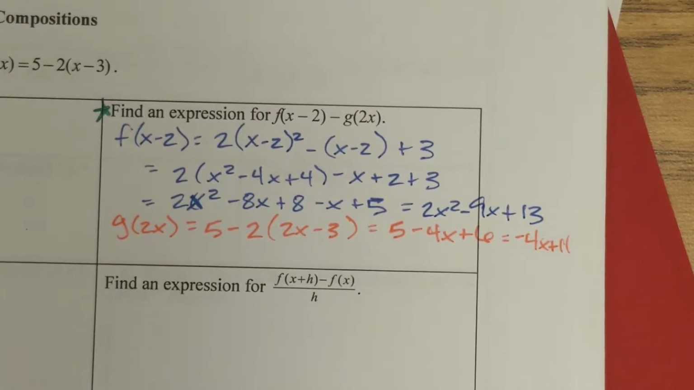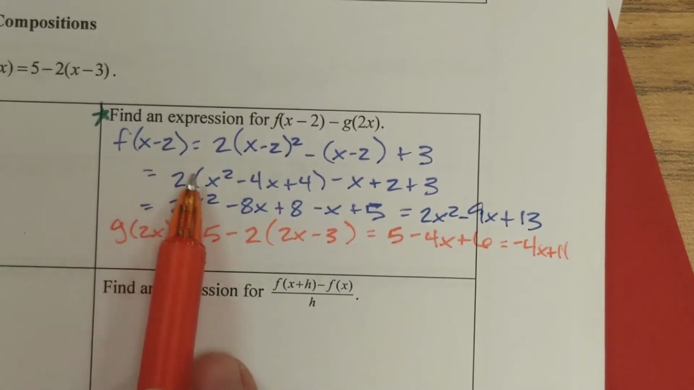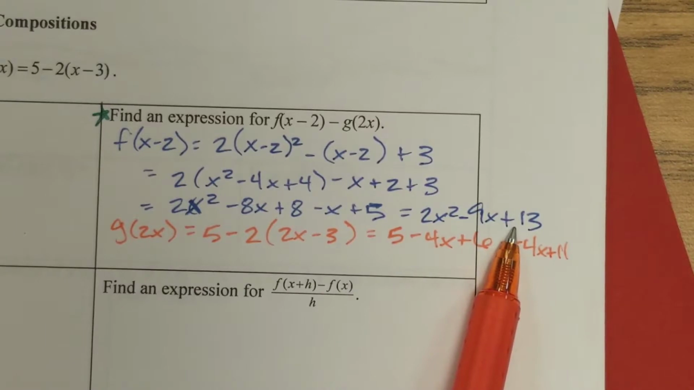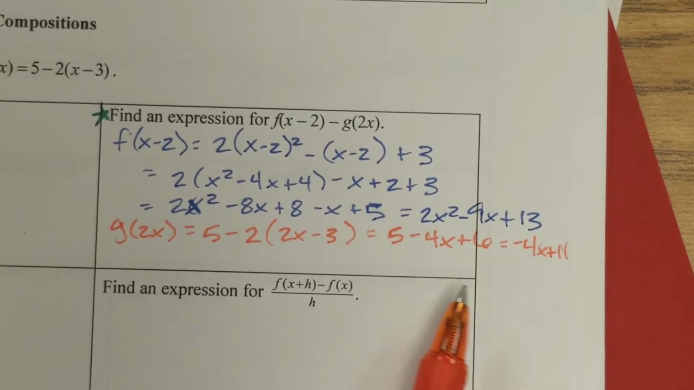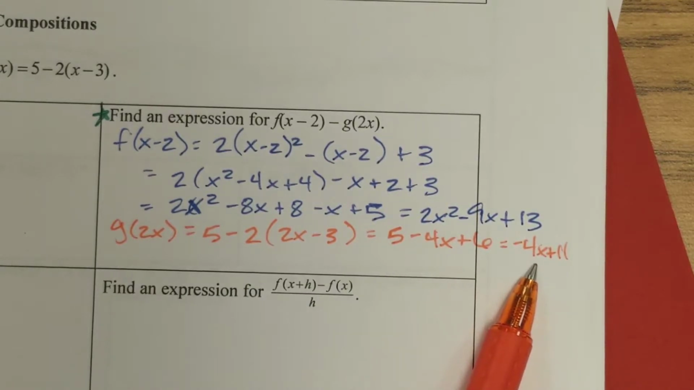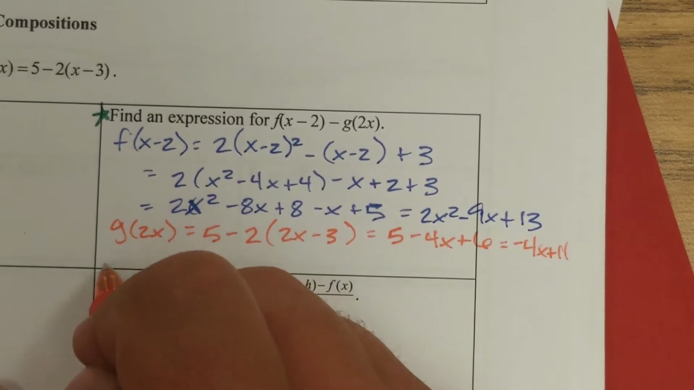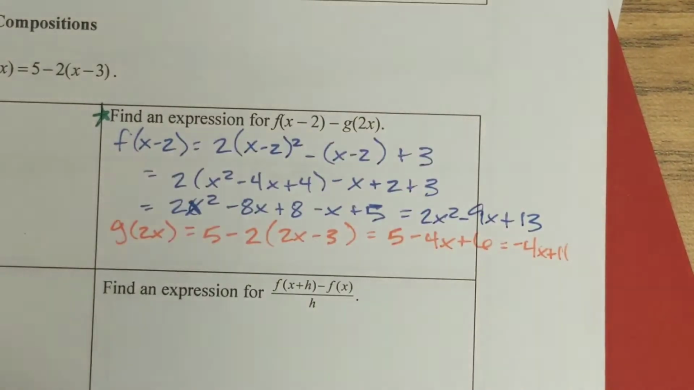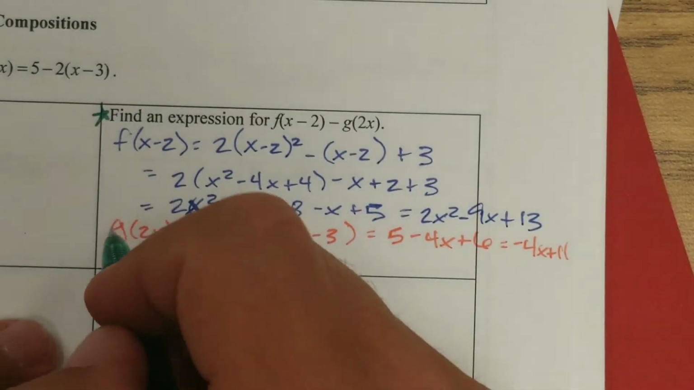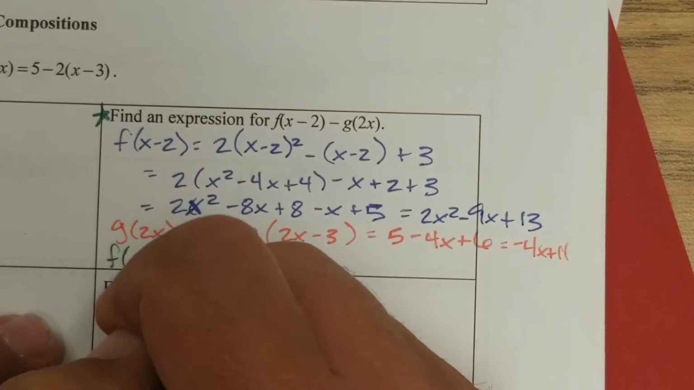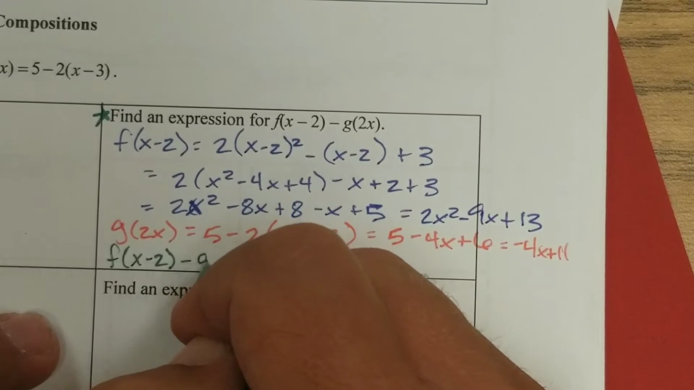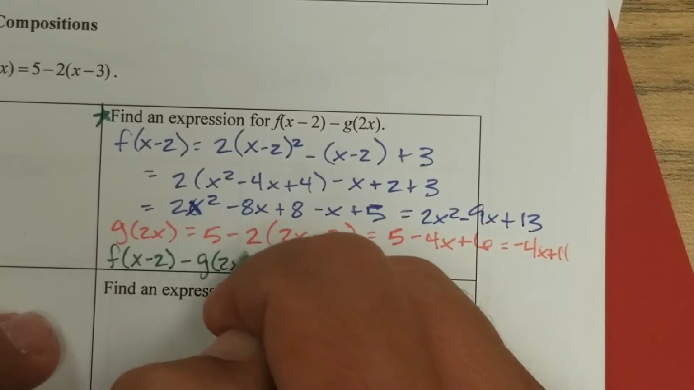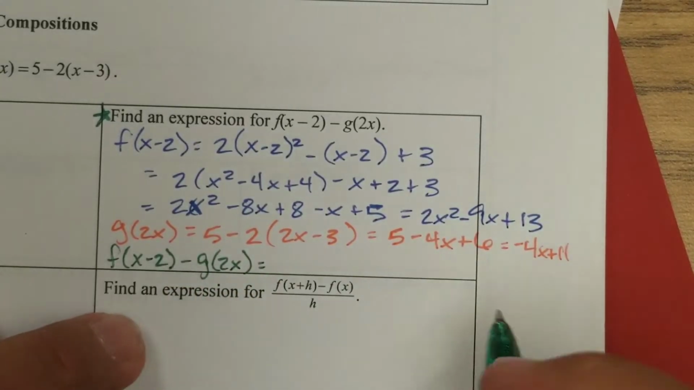Now go back to the original problem. So we know what f of x minus 2 is, 2x squared minus 9x plus 13. And we know what g of 2x is, negative 4x plus 11. So now let's just find the difference of those two functions. Okay, so we'll say that f of x minus 2 minus g of 2x equals